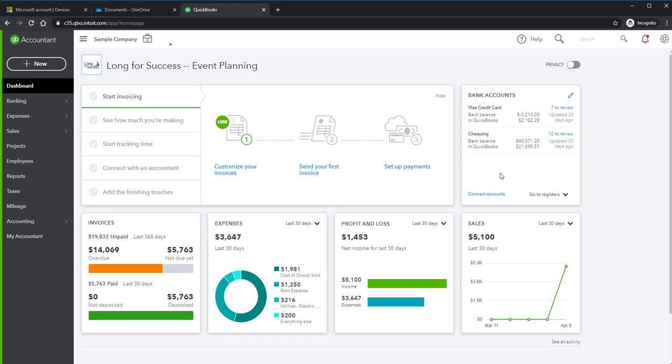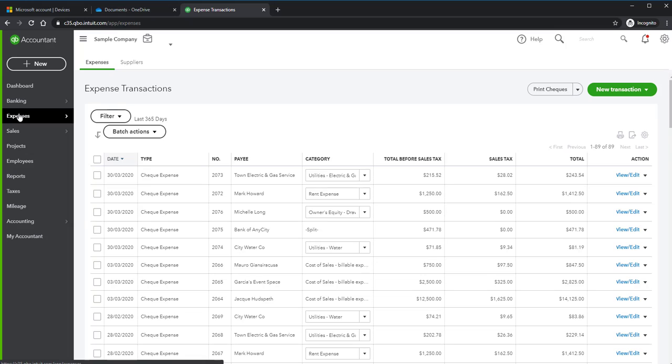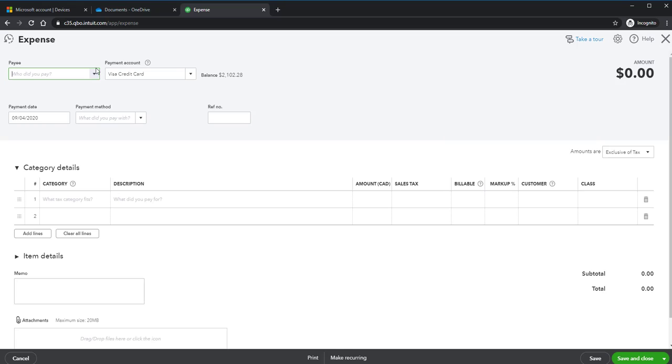From here, I'm going to go into the business of the day, which is recording my expenses and then recording my sales. So let's start with expenses. Whenever you expense something, maybe you wrote a check or used your credit card or a debit card, what you're doing is really just doing a new transaction for that expense. So I can just go to the new transaction here, hit expense, and then